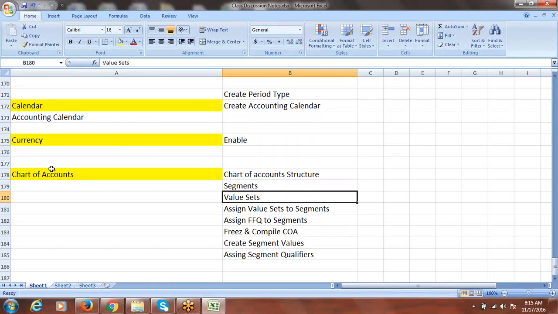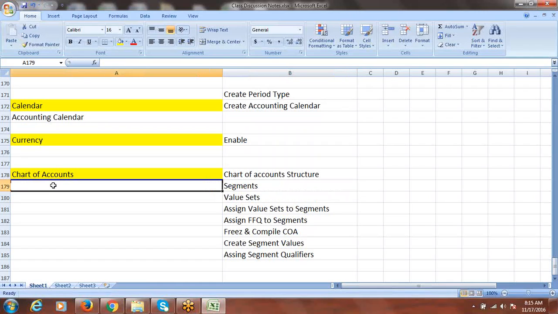But here, what we have to do is first create the value set, because in Fusion, when you are creating the segments, without value set selection you cannot create any segment. They made the field mandatory. Of course, it's not a big change, but I'm just introducing how things can be started and implemented. First we have to create value sets only.